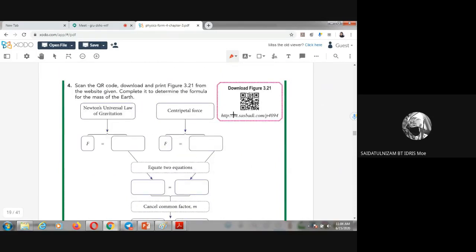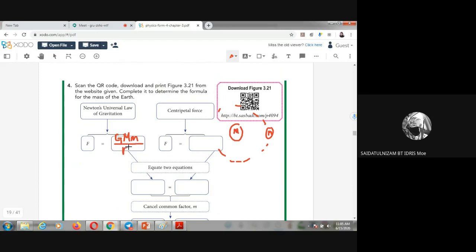Okay, jadi tadi kita akan gabungkan, combine the two equation. The first equation is Newton's universal law of gravitation, dan satu lagi centripetal force. Jadi formula for the Newton's universal law of gravitation is G, gravitational constant, M besar ni mewakili mass of earth, m kecil ni mewakili mass of moon. Sebab dia melibatkan dua ni kan. Moon ni dia akan kelilingi orbit around the earth kan. Jadi mass of earth, ini mass of moon. Okay, divide dengan